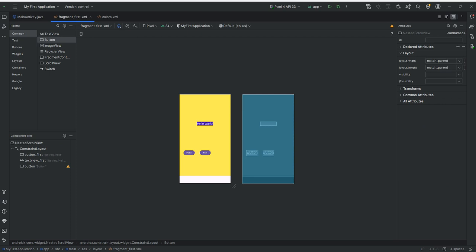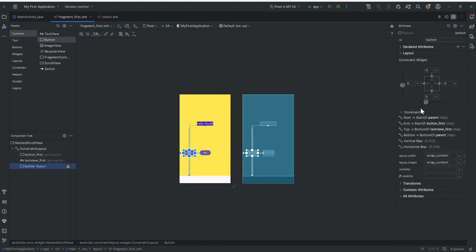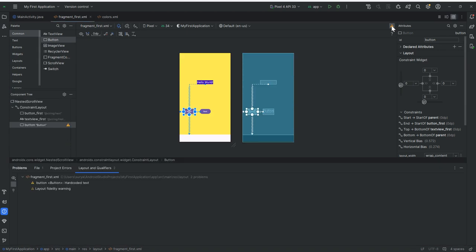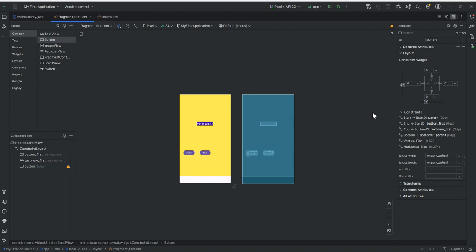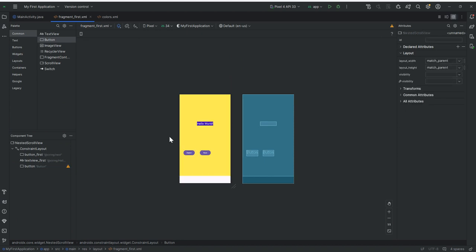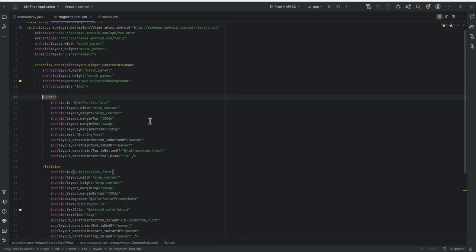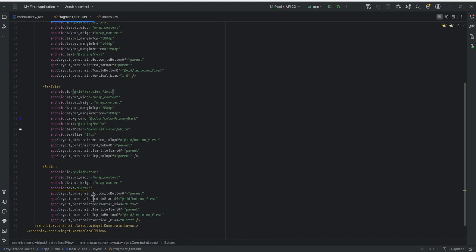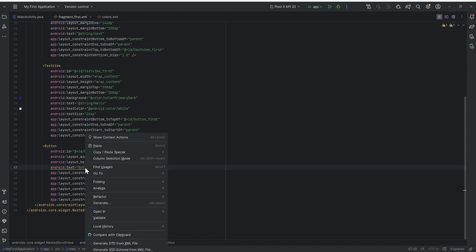So the next thing we're going to do is, as you can see, some things are going to show as error. Let's read what that error is. The only thing we have now after we've added those constraints is that this button text is hard coded. So let's go back to the text file. As you can see, it's hard coded. So what we're going to do is go here, go to declaration,